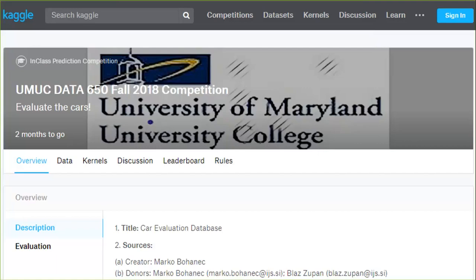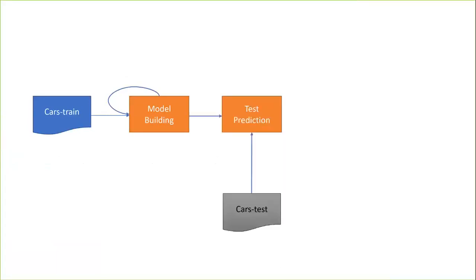Okay, so just some simple steps. I drew something here on the slide to introduce the steps, which are not different from what you may have done in the past. You've been given 3 different data sets and 1 sample submission file. To begin with, you have a CARS train data set, which you use for model building. You tweak the parameters and make changes to make sure your model is really a good model that you would take through, or use for your final submission.